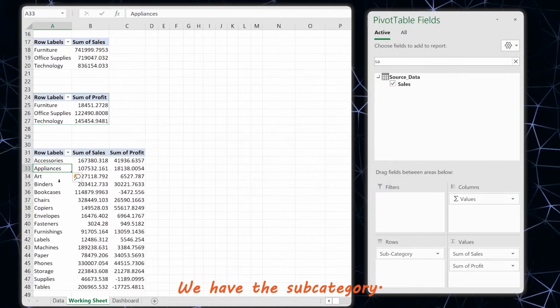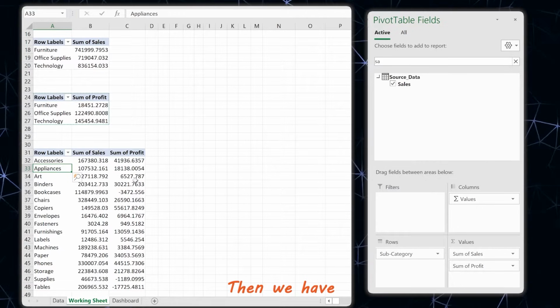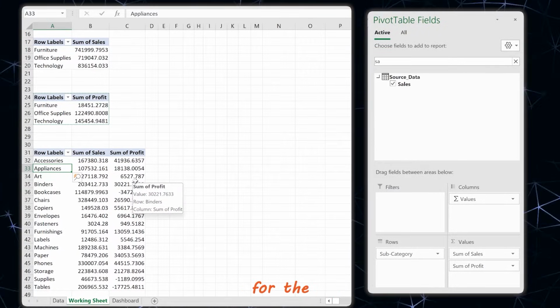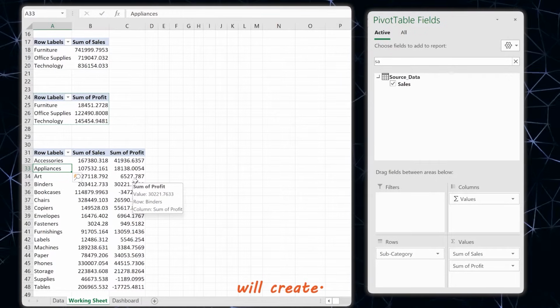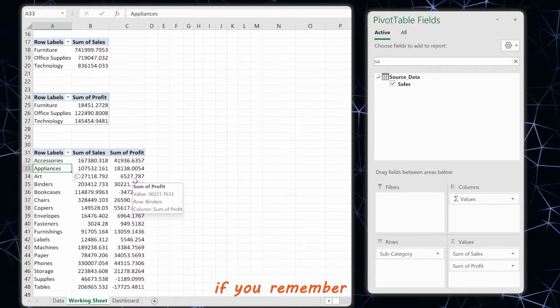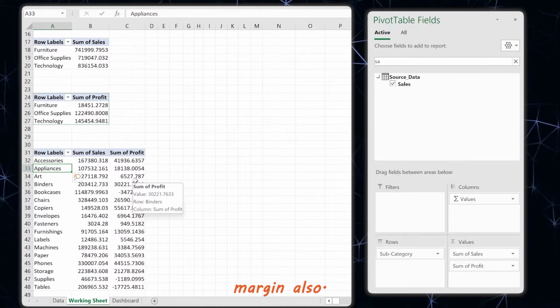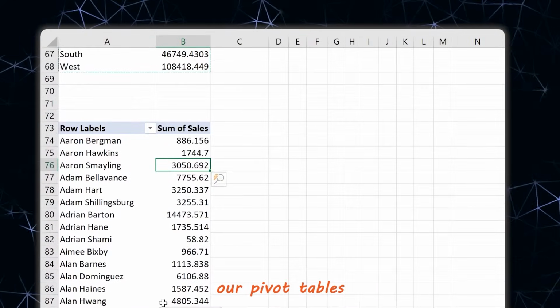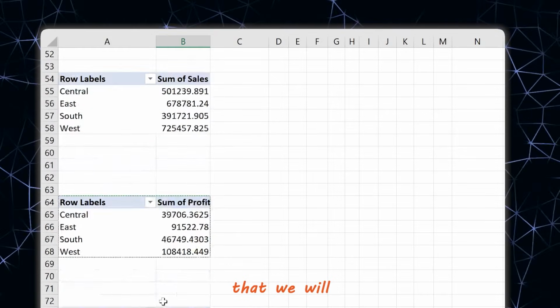We have the subcategory, then we have the sum of sales, then we have the sum of profits. This pivot table is specific for the table that we will create. And in that table, if you remember, we had profit margin also, so we will calculate that later. So now that we have created our pivot tables, these are all the pivot tables that we will use in